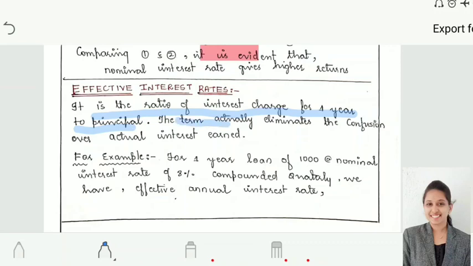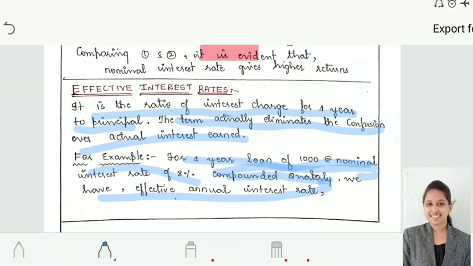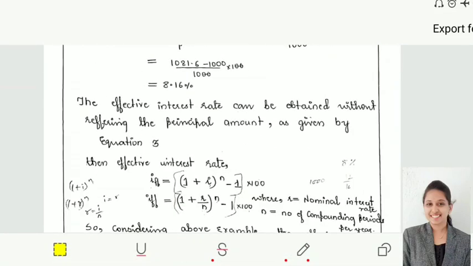So the term actually eliminates the confusion over the interest earned. For a 1 year loan of rupees 1000 at nominal interest rate of 8%, understand the case properly. For a 1 year loan of 1000, nominal interest rate of 8% compounded quarterly, we have effective annual interest rate as